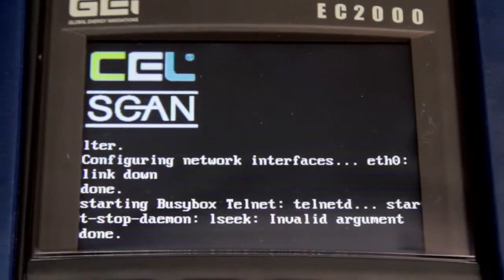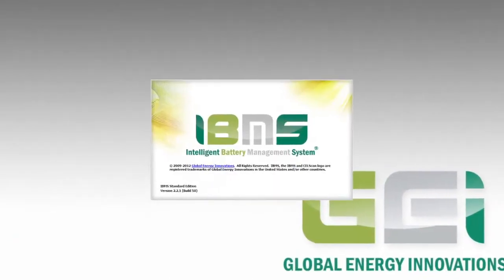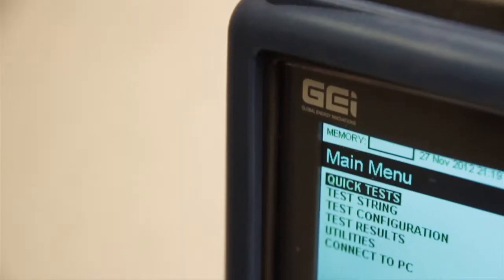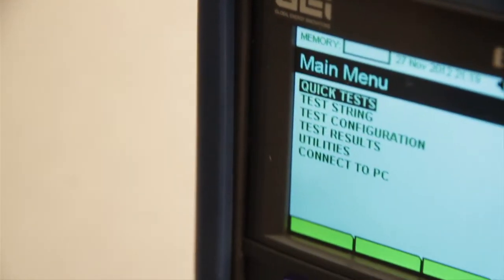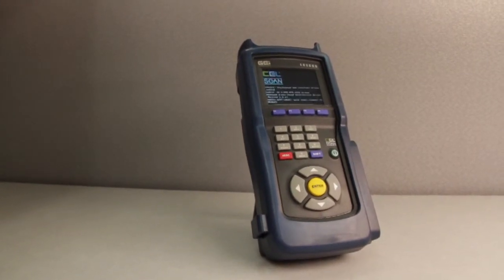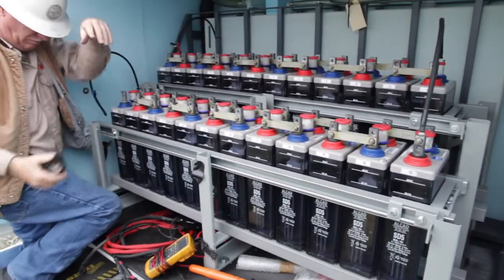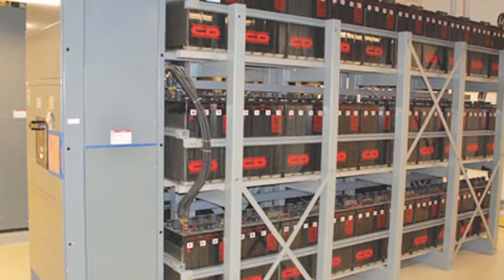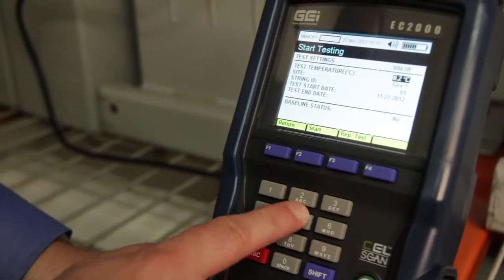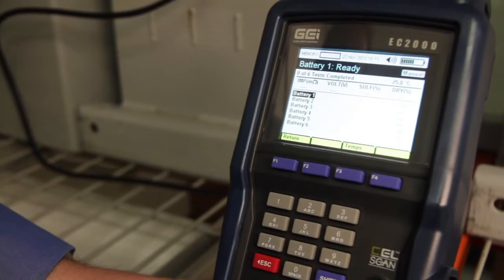This video reviews the general use of the EC Series Analyzer and its companion software, IBMS. The EC Series Analyzer is a multi-frequency impedance battery tester. Its primary use is for testing the health of lead-acid battery backup power for utility, telecommunication, UPS, and other medium to large-scale applications. The EC Series Analyzer accurately assesses the state of health of batteries and tracks the evolution of